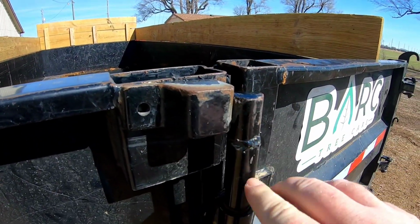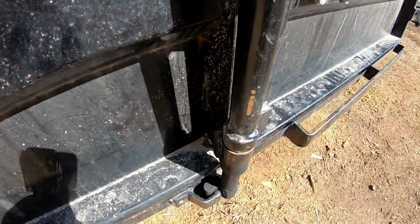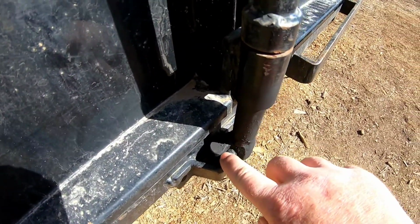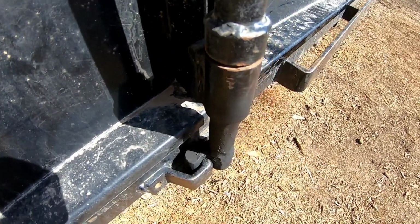This piece up here. Now, I do need to mess with the profile of it just a little bit. It's making contact in here just a little bit early, so I'm gonna have to take out just a little bit more material right in